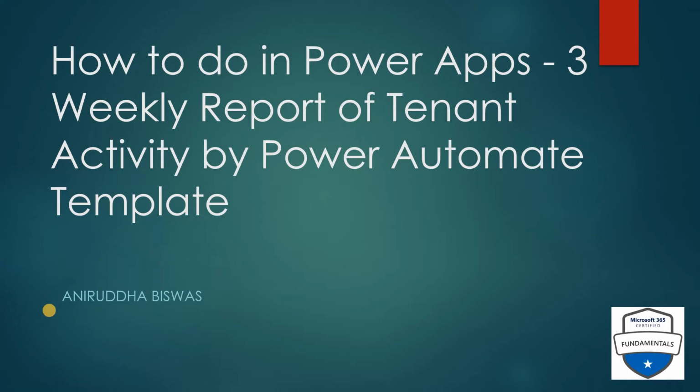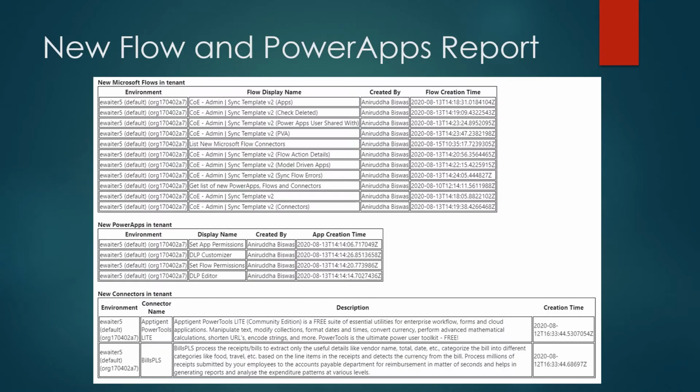So there is an inbuilt Power App Power Automate template in the template list. You can configure it. It will give you this kind of thing automatically. Let me show you what you will actually get. What flows people are creating, in which environment they are creating them, what Power Automate flows they are creating, what is the name of the Power App they have placed, or the new connector they have used in which environment, these kinds of things. So this report you will get automatically without doing some big configuration.